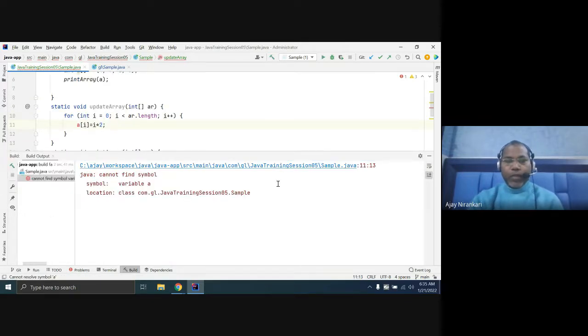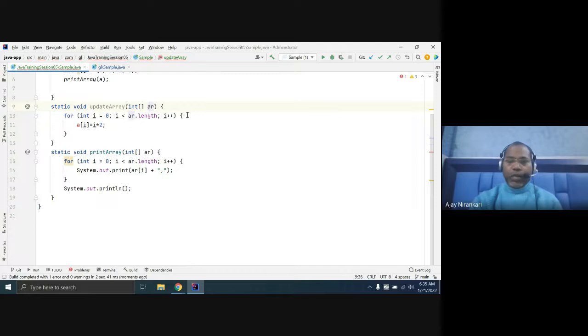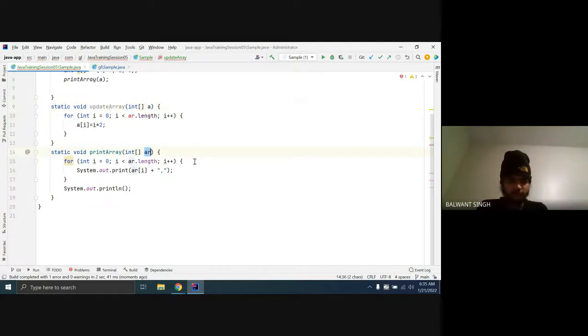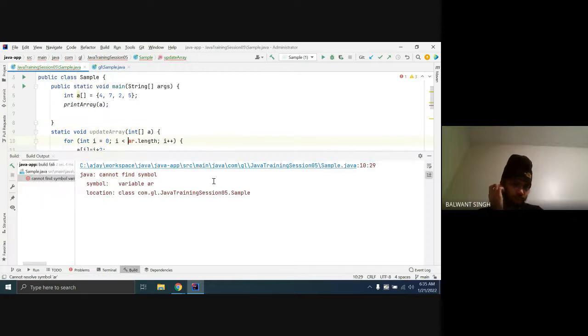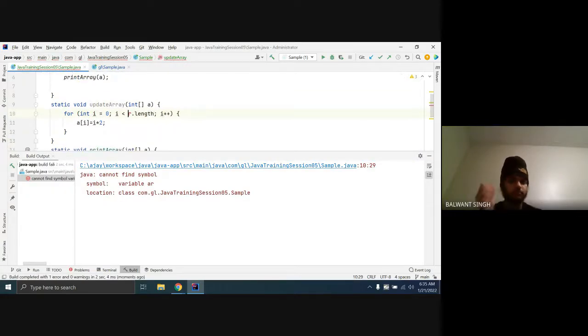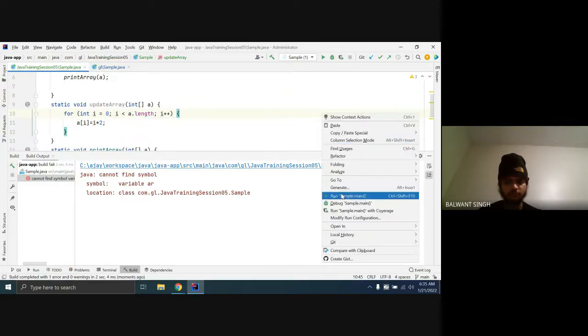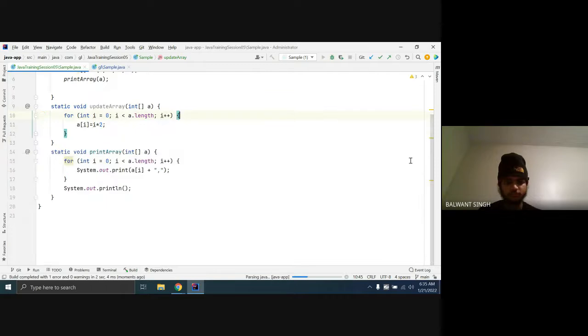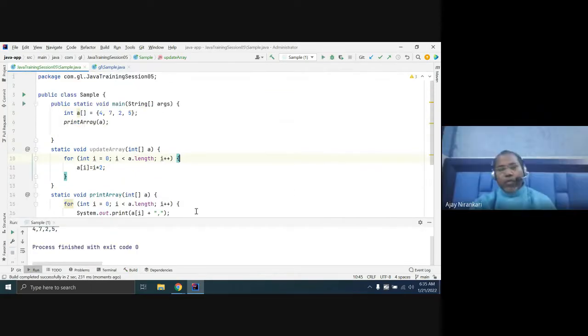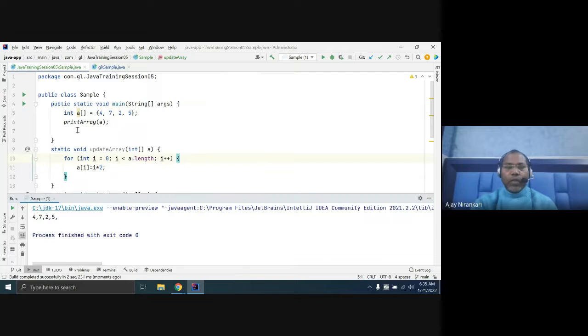This is the array. Okay. So here you notice your array is printed without any change.